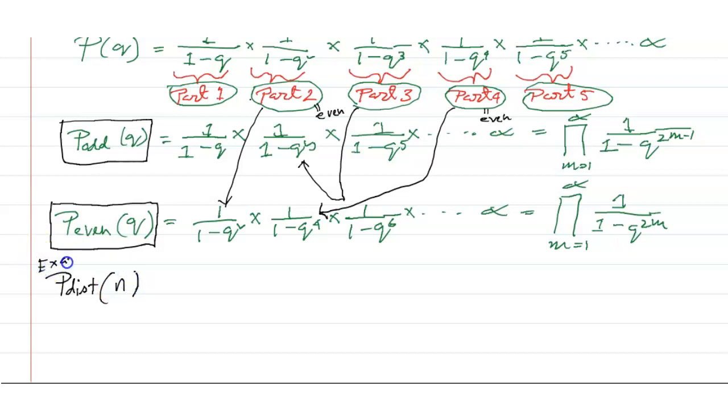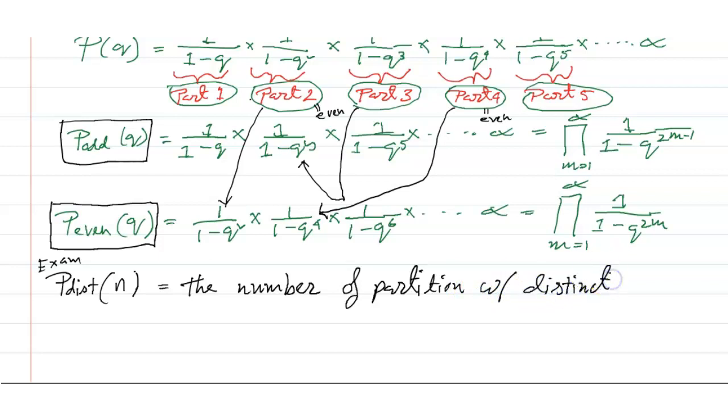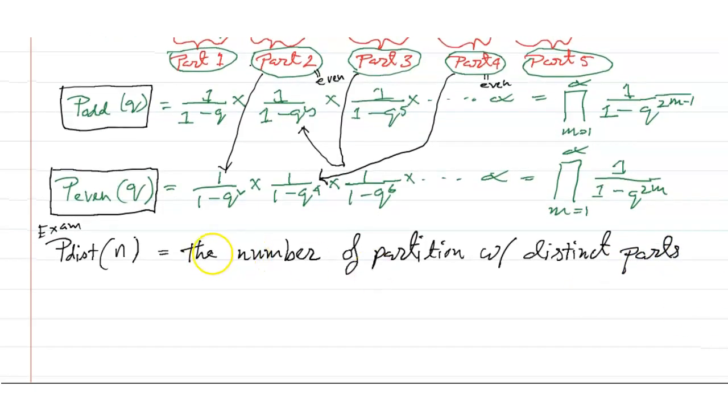Example, this is another example. Let's see what is the meaning of the number of partitions with respect to distinct parts. So friends, P distinct Q is equal to